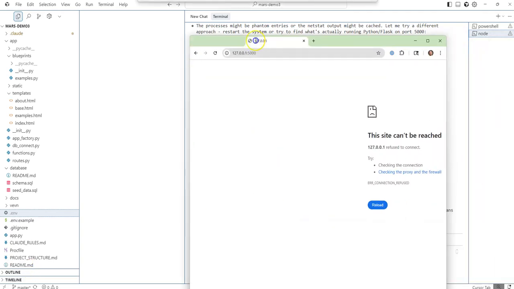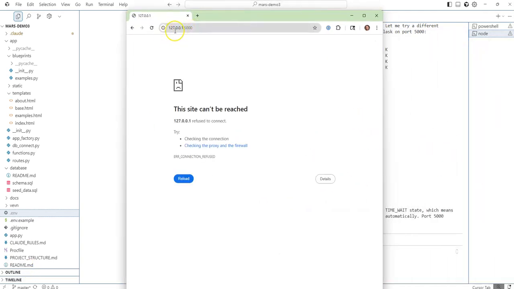All right, earlier I had an application running on 127.0.0.1 that I don't remember when or where it got started. It was closed in Cursor, but it still kept running in the background. It's kind of called a phantom run. So if you ever go to 127.0.0.1:5000 and it's not what you have running in Cursor,